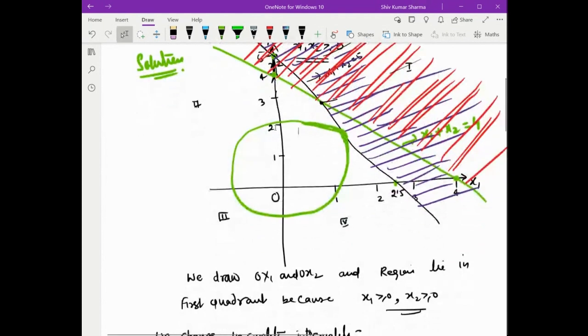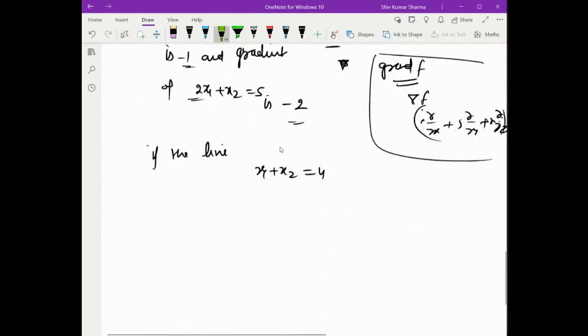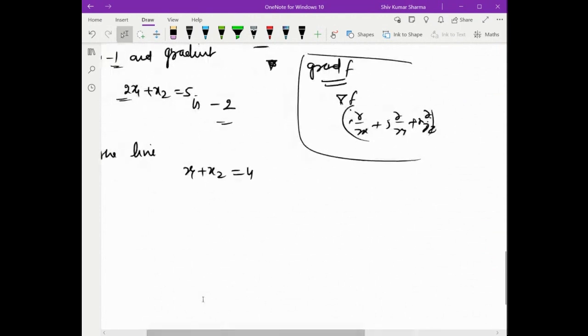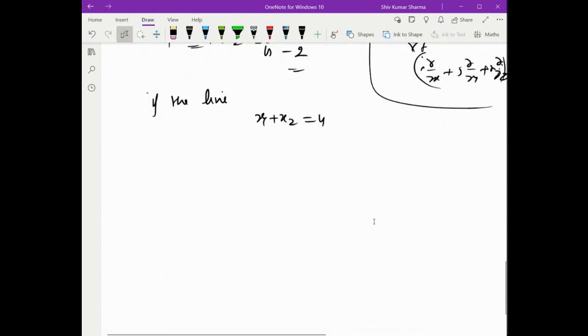You can construct the proper shape. So this is x1 plus x2 which is equal to 4. So it is the tangent of the circle,